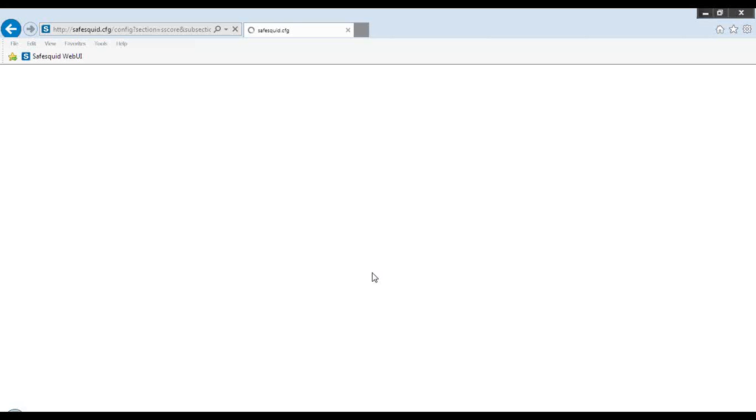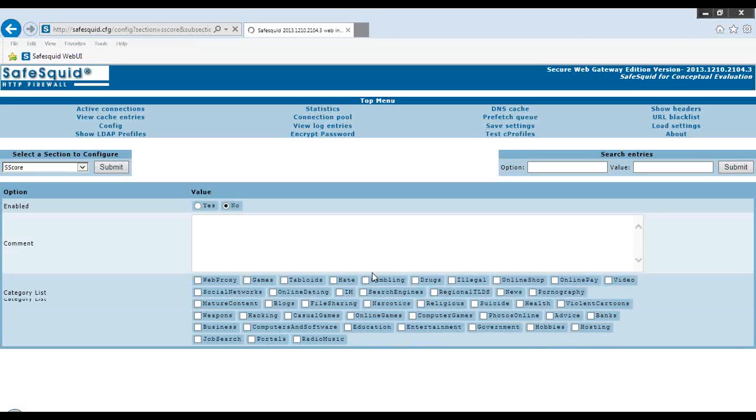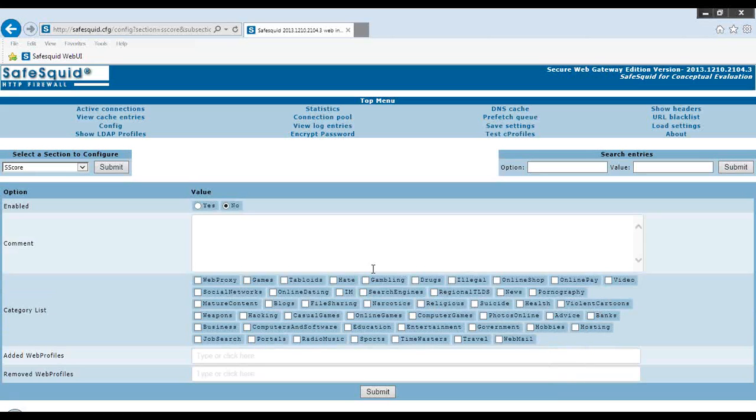So in web profiling, I've got an option to classify websites into various categories. We have about 31 categories right now. You have categories like web proxies, social networking, online dating, search engines, entertainment, government websites, hobbies, hosting, and for each of these, the tooltip helps you identify what the category denotes, and you can accordingly associate a profile to it.